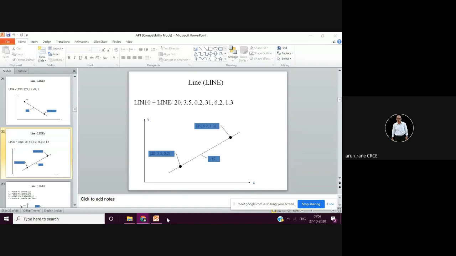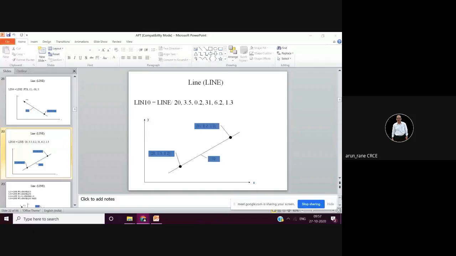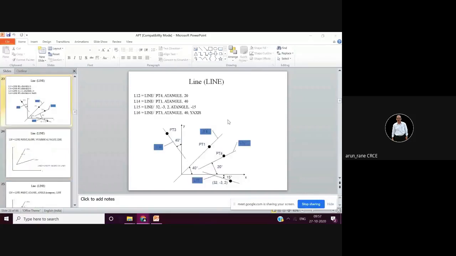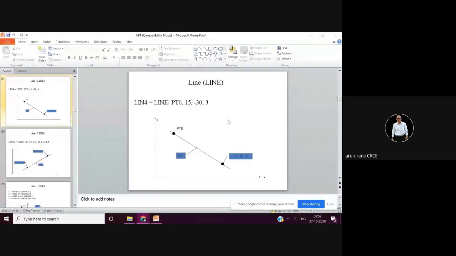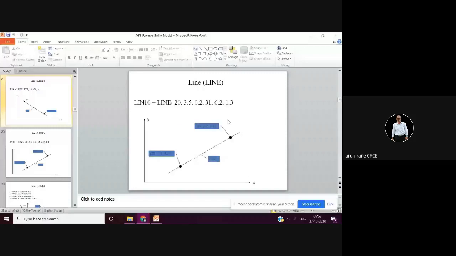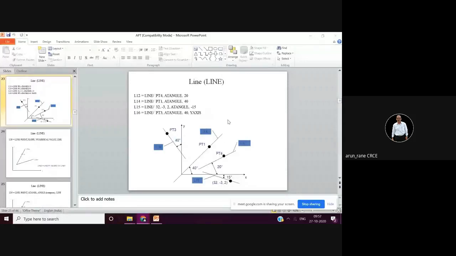So the simple way of defining a line is a line passing through points P1, P2, and define P1 and P2 beforehand, in the beginning. It's clear? Next. Now there are a few more ways of describing lines. But the safest way is the line through P1 and P2.